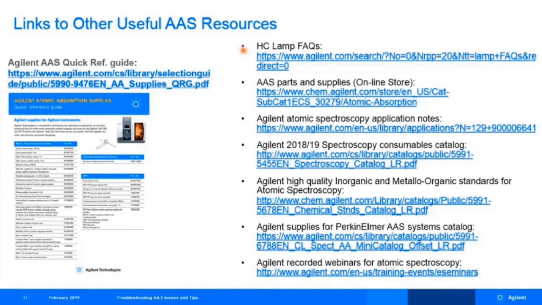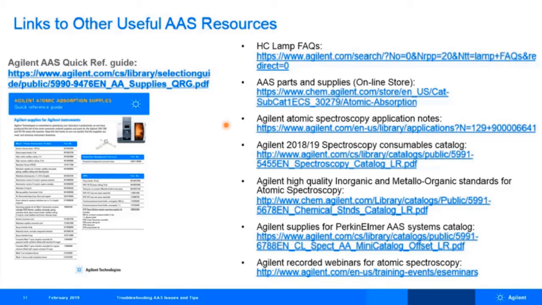The Resource Hub is just one of many resources that are available to support our atomic absorption users. So I also wanted to alert you to some of the other support resources that are available to help you. They include frequently asked questions available from the Agilent website, a direct link to the Agilent website where you can find information about the atomic absorption parts and supplies and place orders online for those specific components.